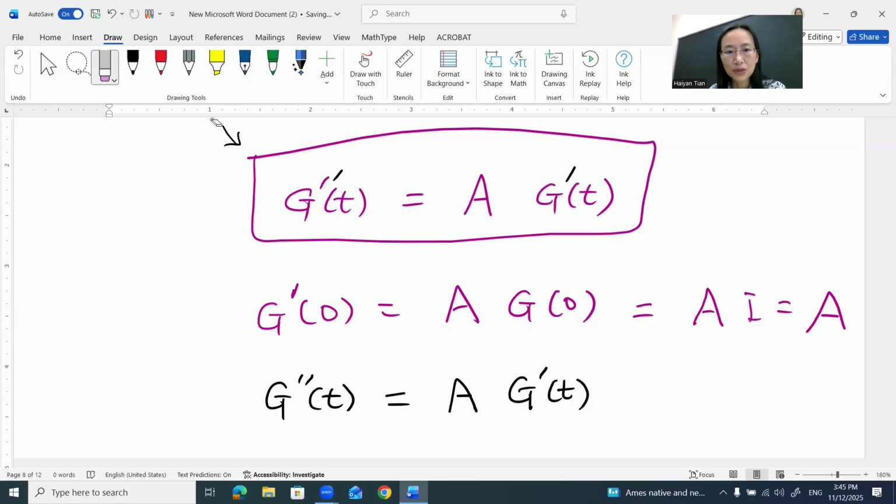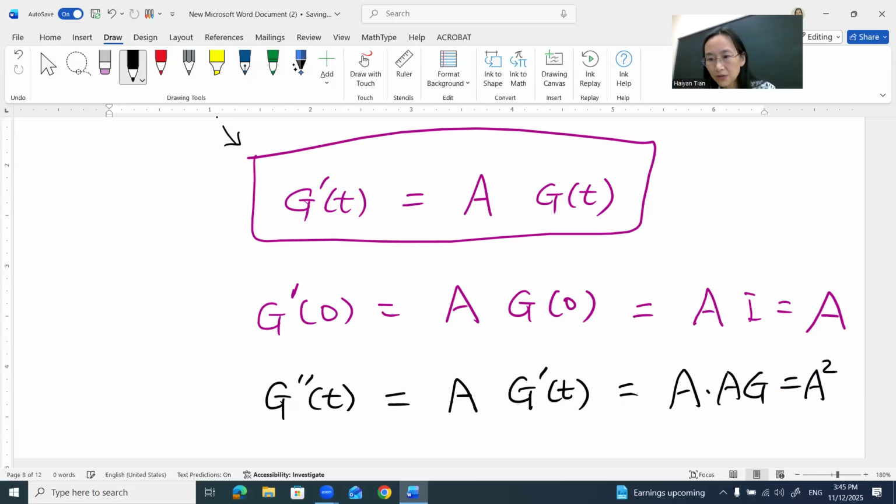The G prime is AG, so we can replace G prime with AG. So we get A times AG,